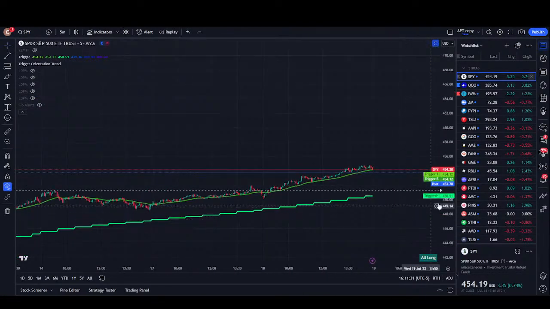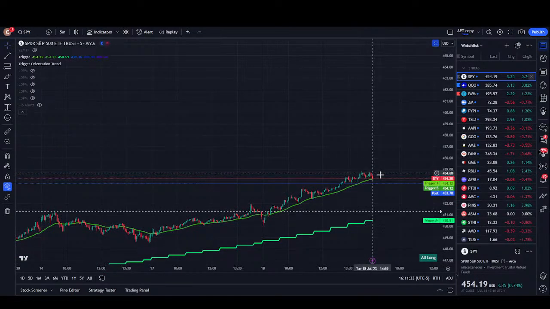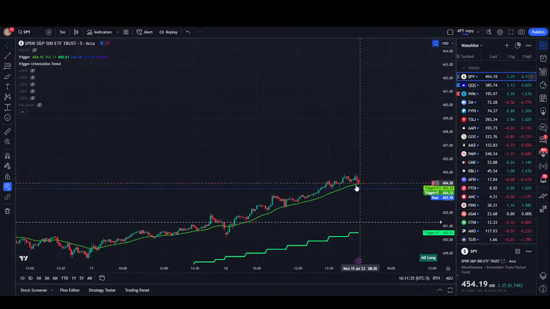Instead, we can sell the 455 call. Let's say we sell the call for $100 and we buy the 457 call for $60. So if both expire worthless, we make $40. Obviously you can do this 10 times, make $400. The only way we would lose here is if SPY moves above 455 by expiration, but the only way you would lose the full amount is if SPY moves above